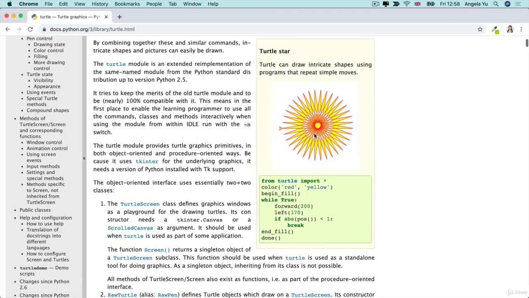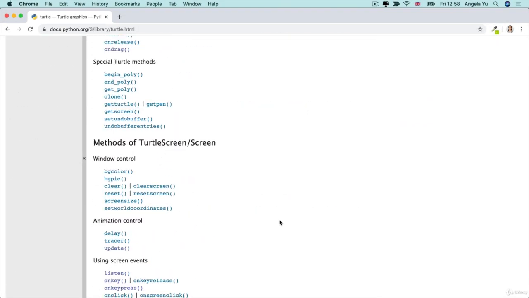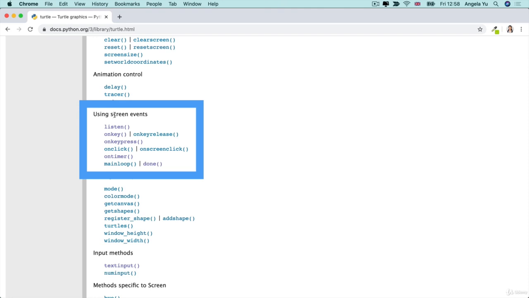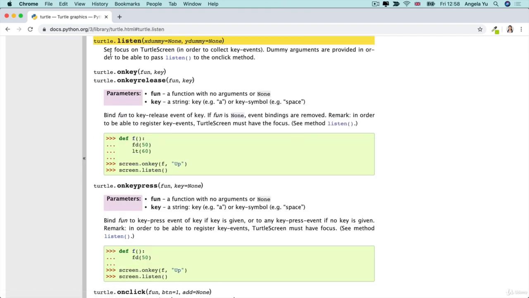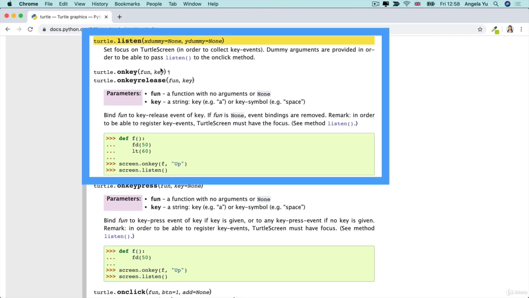So if we look at the Turtle documentation, you can see that there's a whole section on screen events, including listening to key presses or listening to a click or other things that you can listen to. So the important thing is this listen method. This allows the Turtle screen to start listening and waiting for events that the user might trigger, like tapping on